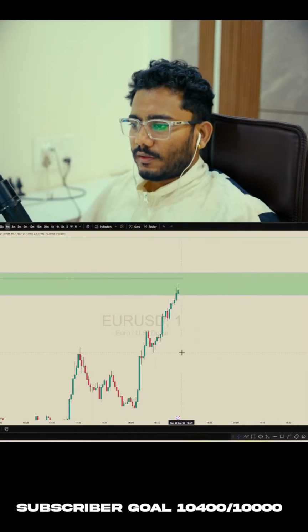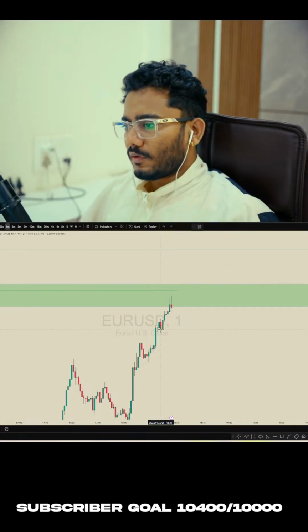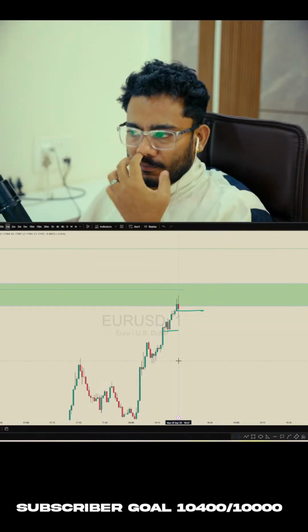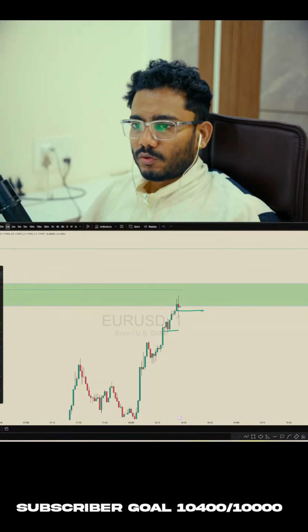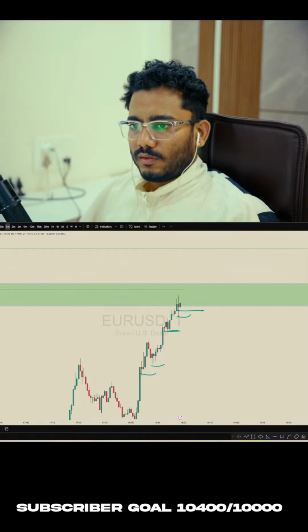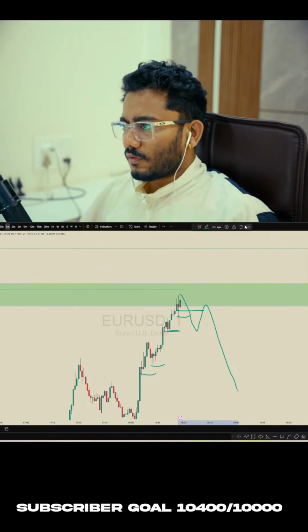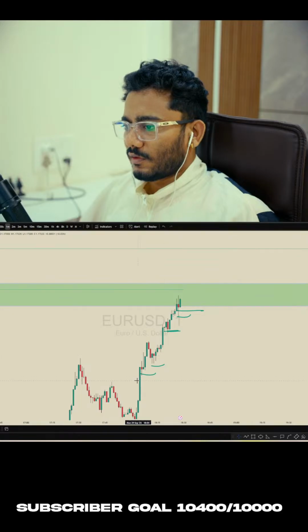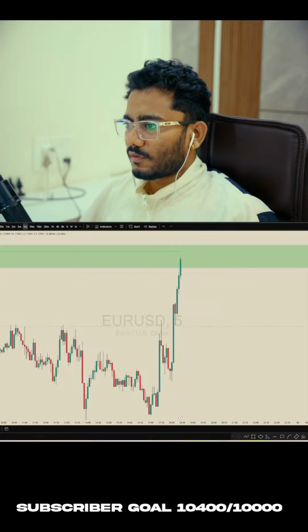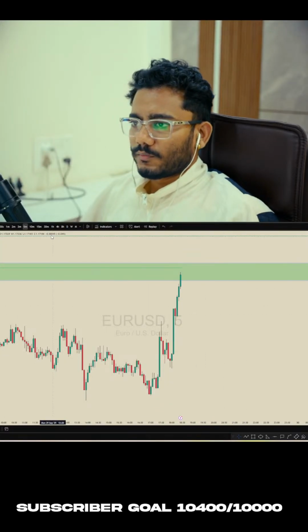Right now, if you look at this area, we don't have any reaction. Like price is still going to the upside. Now price has started to go down. If you notice, price is still holding these strong lows. So that means that momentum is still to the upside. We want to see price break the inducement lows. That's when we know that price is still going to the downside. Like officially the trend is over. Not the trend, but the momentum is over, and now it will continue downside.